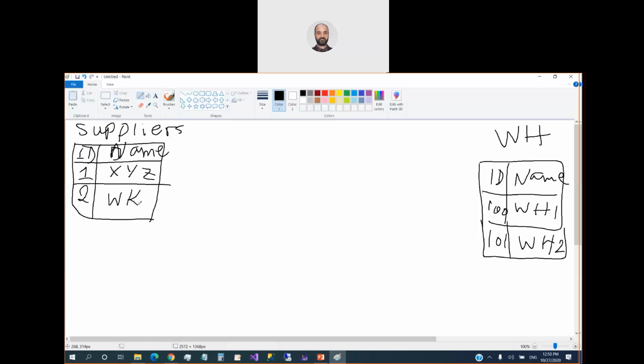Okay, then here suppose that we have a table of items or parts. So this one is the ID. So from here we can understand that the ID is mandatory, right? In every table we must have an ID. It's not an optional thing. Okay, so here we may have name